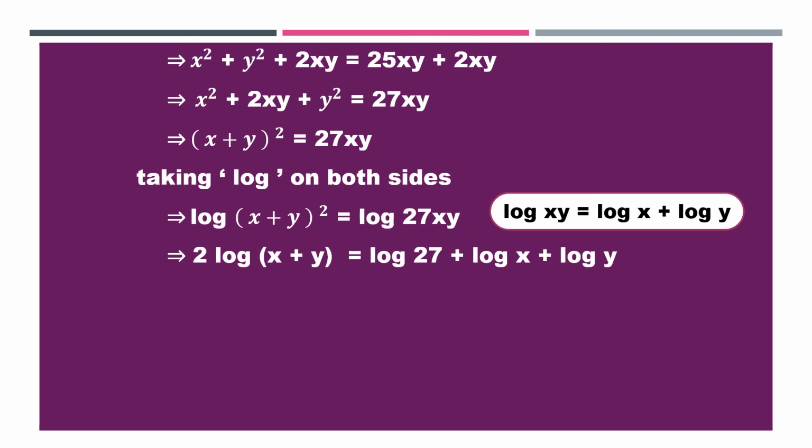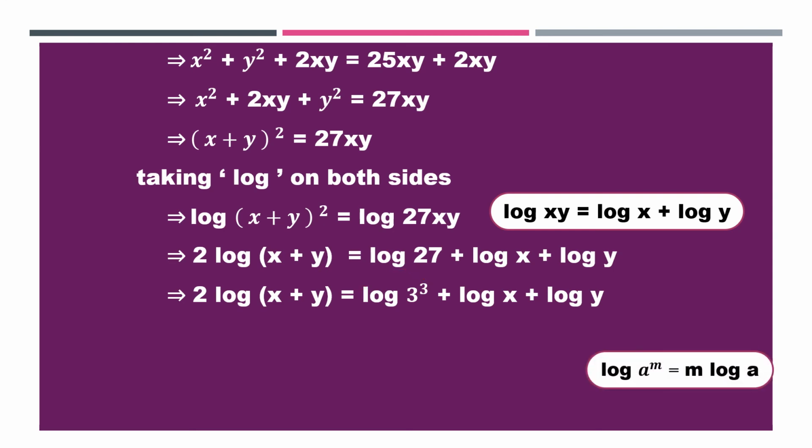Now here in the question he gave 3 log 3, right? He didn't ask log 27. If he asks log 27, you can leave it like this. Or if he asks like this, this 3 should be sent here because our formula is log a power m. 27 is 3 cube, so instead of 27 I can write 3 cube. Now I can send the power in front because our formula is log a power m equal to m log a. So this 3 should be sent, friends.